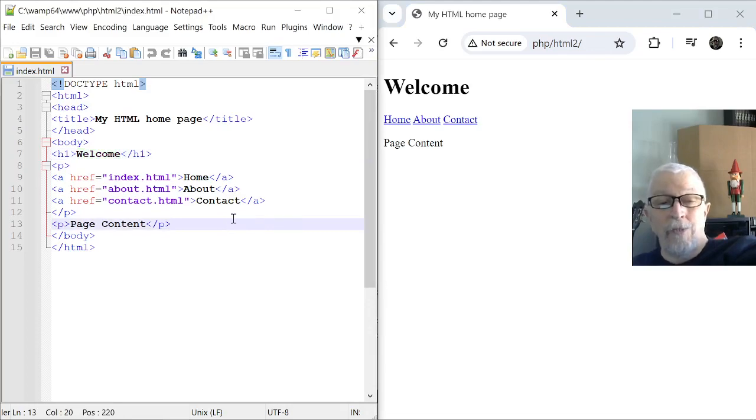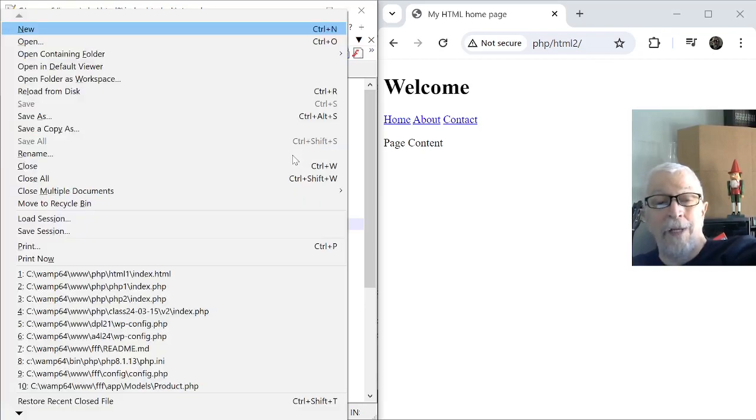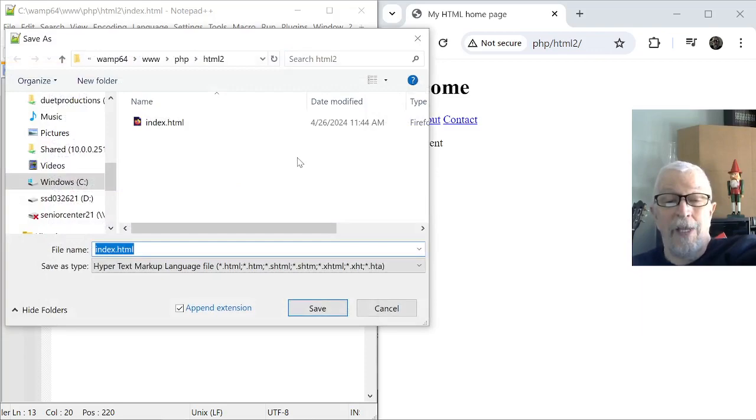Now what we used to do 20 years ago before PHP was around was we would set up a web page like this, and then I would save this as about and contact, so that I would then have my 3 pages on my website. So I'm going to do that right now. So I'm going to say save as about,